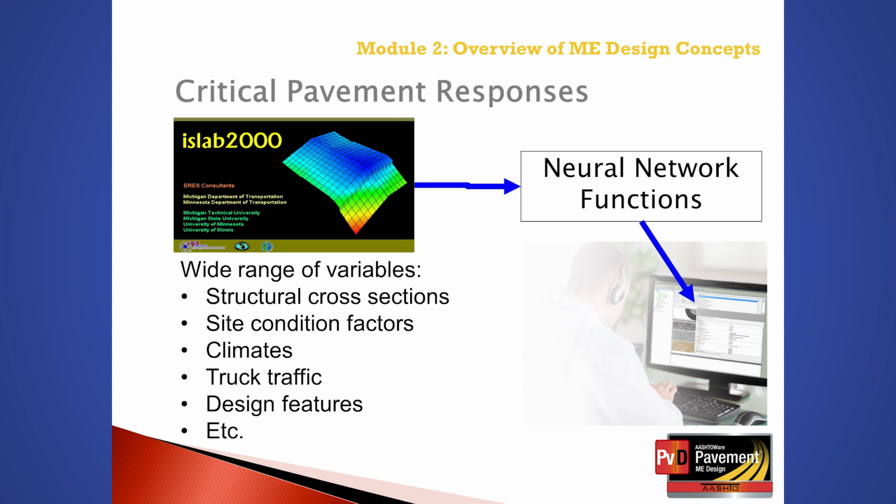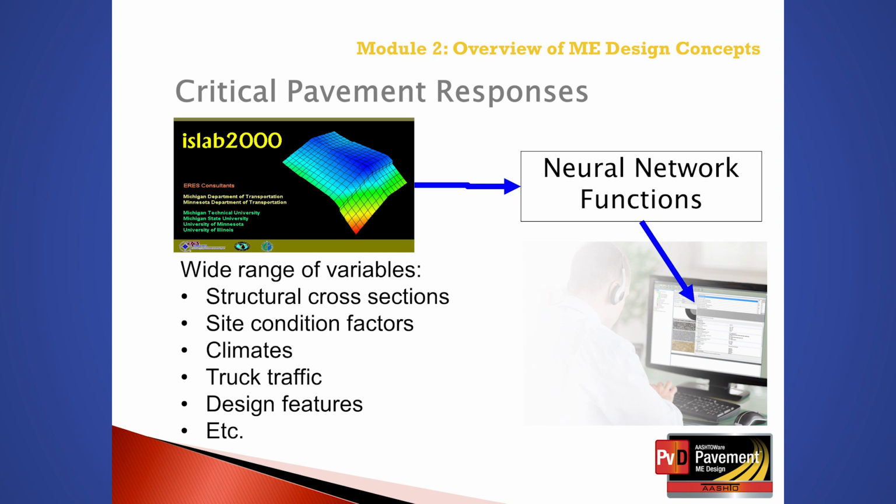The use of neural networks allows the program to evaluate a specific pavement structure much faster than using the actual iSlab 2000. The primary two rigid pavement responses in the fundamental material law for predicting rigid pavement distresses are corner